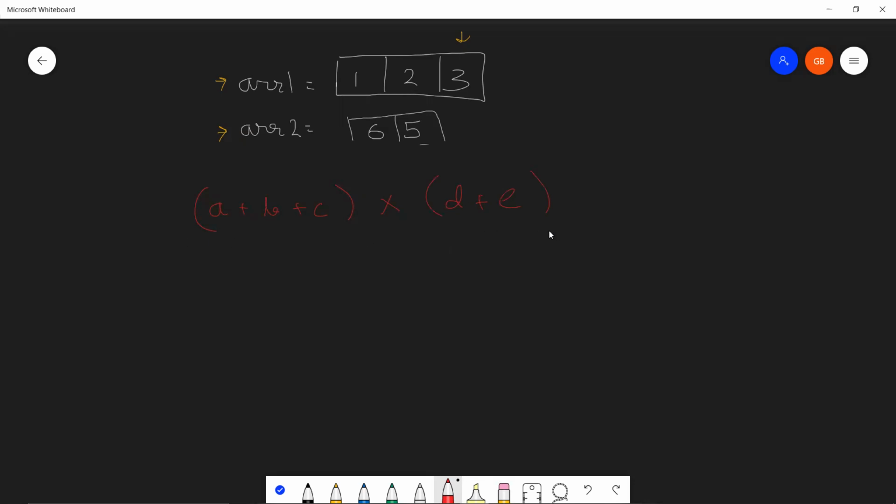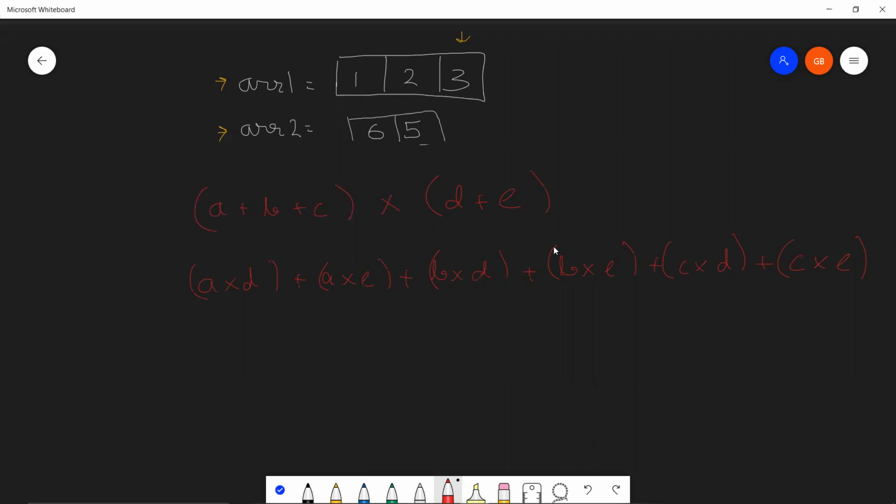So the distributive property says that this can be calculated like A into D plus A into E plus B into D plus B into E plus C into D plus C into E. So this is the distributive law, the distribution of multiplication over addition, right?